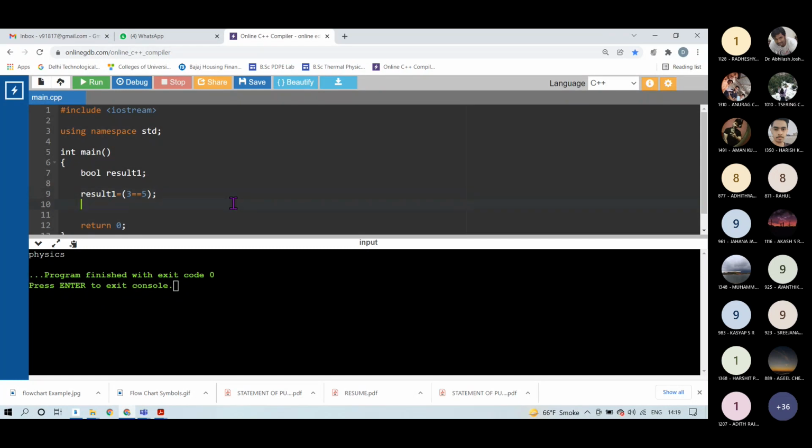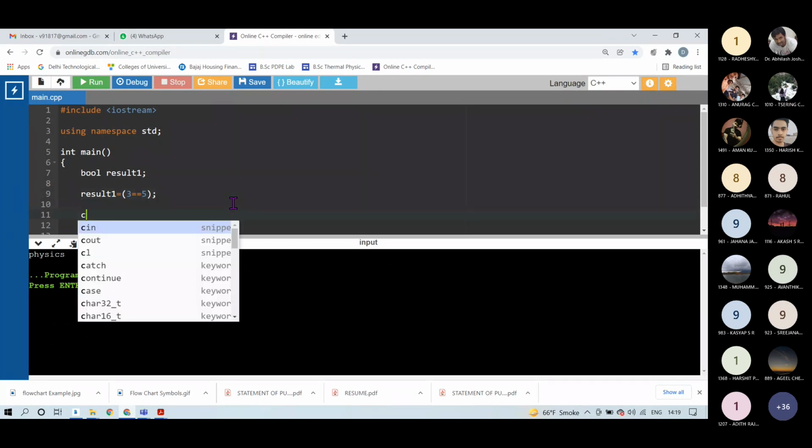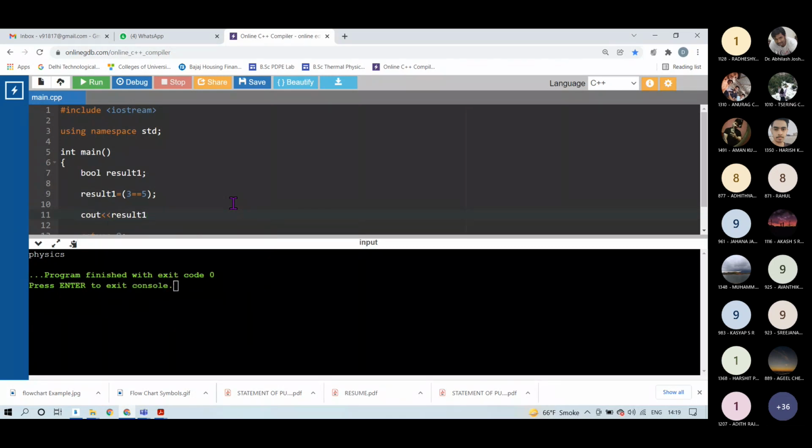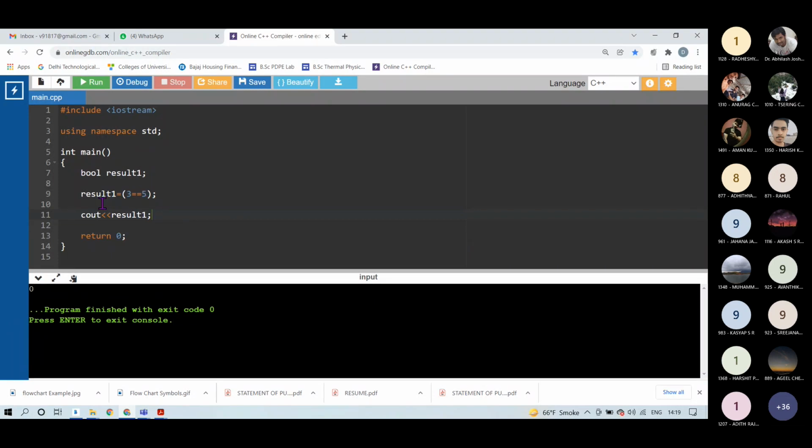So if you take C out of this result1 variable, then it should show you 0, right? It is showing you 0. That means this particular result1 is created after checking this operation.